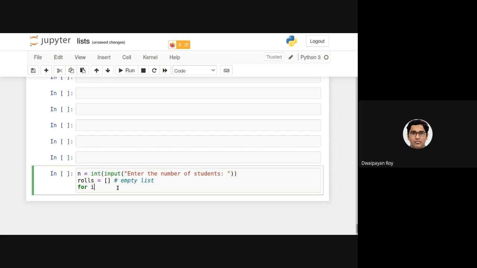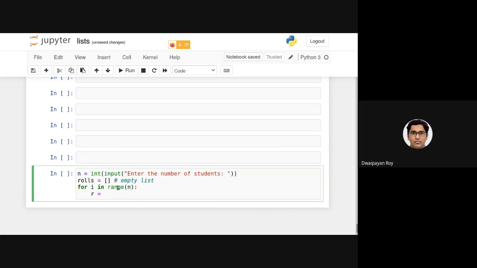Okay, so for i in range n, say r equals. The roll numbers can also contain some string values as well, so let's not consider doing int here, right? What we need to do is just use the input function.